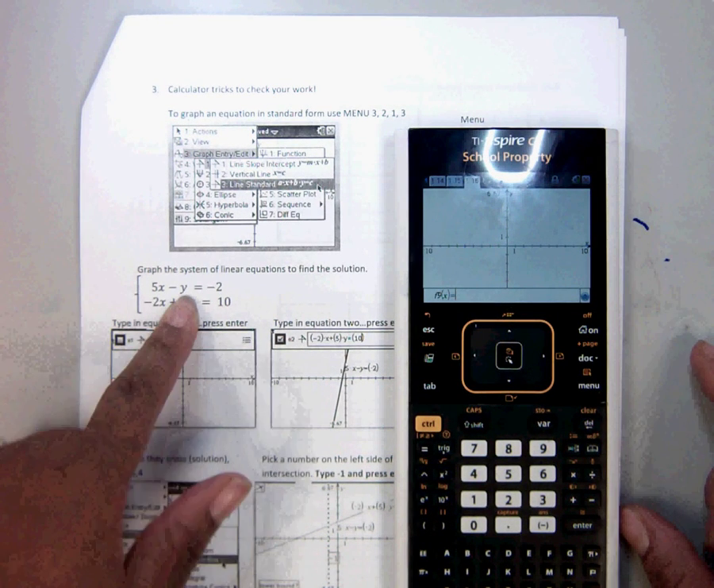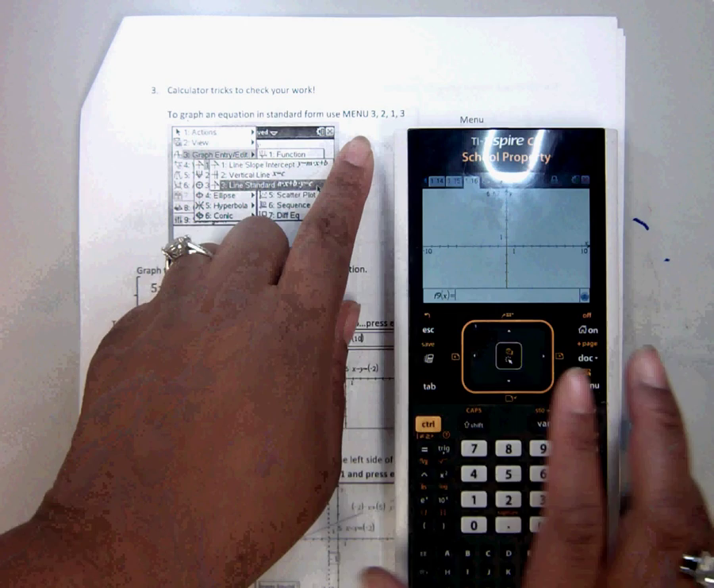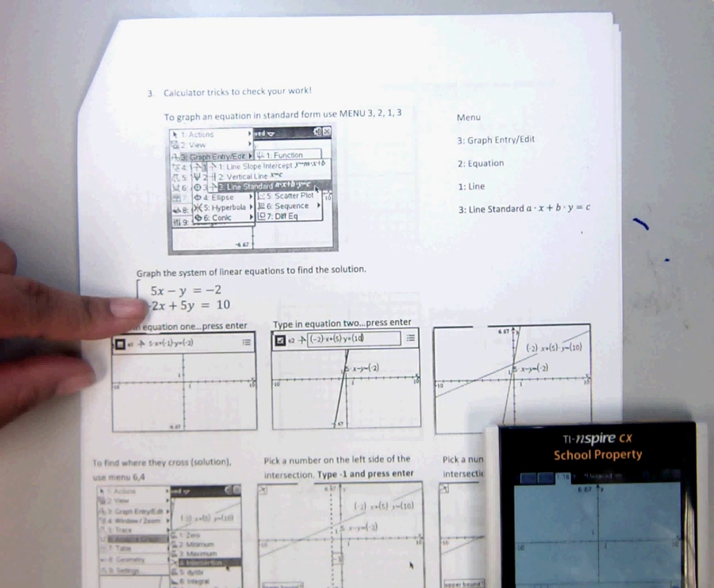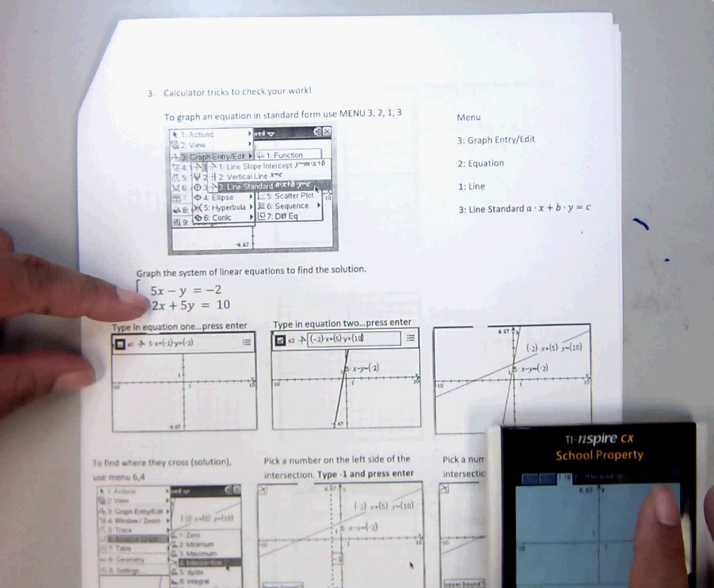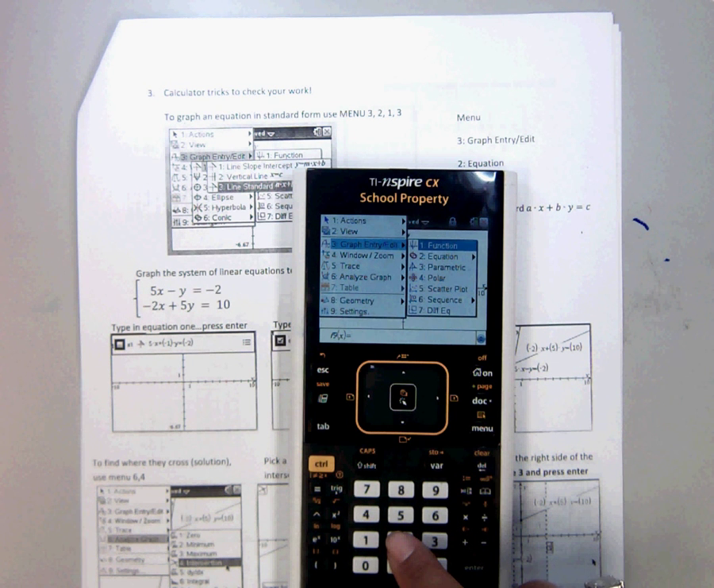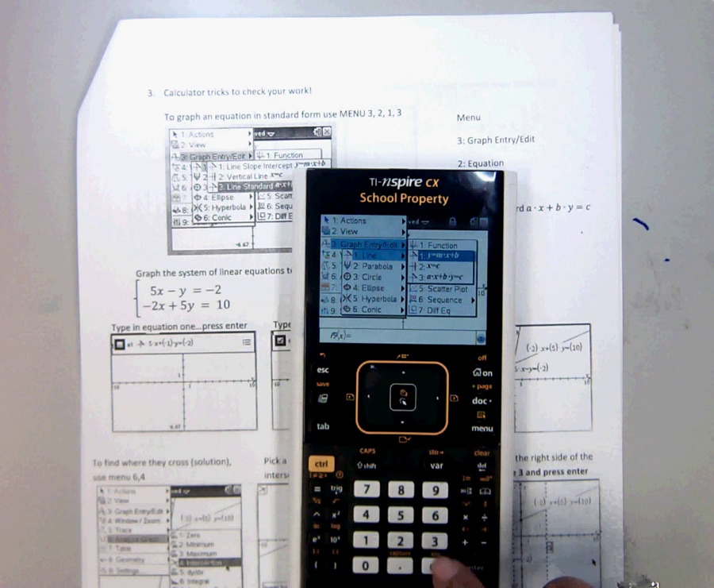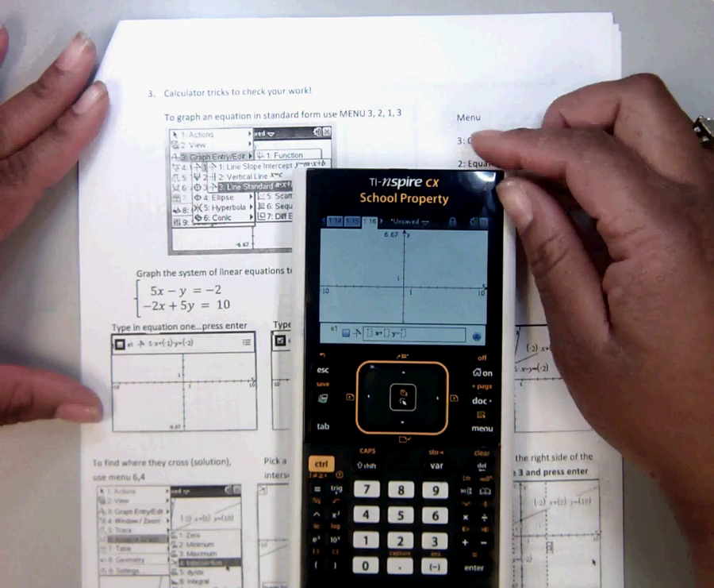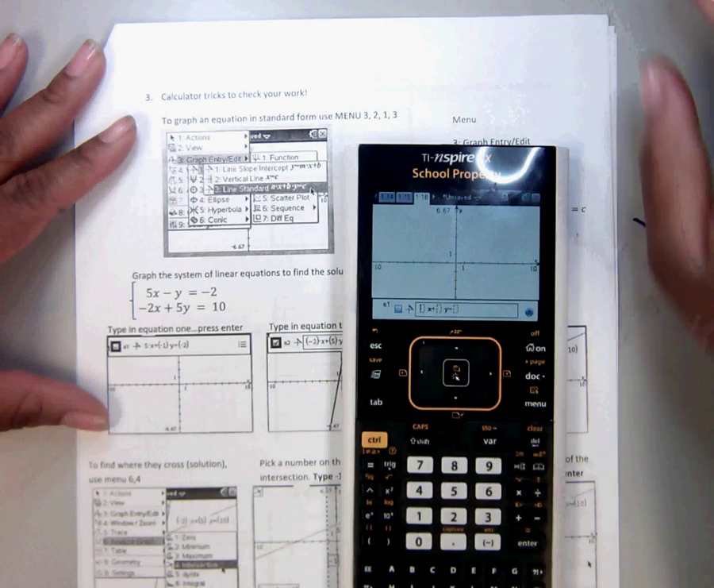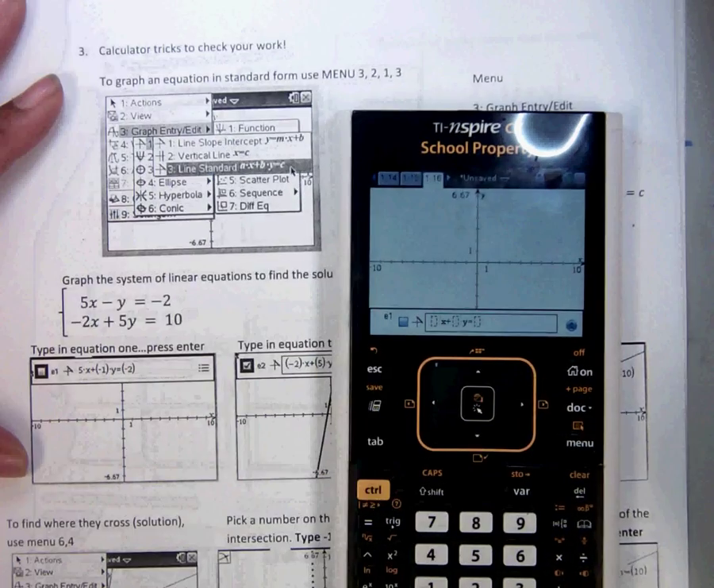It is in standard form, so I can use this code in the graphing screen to graph these equations without solving them for y. So I hit Menu, 3, 2, 1, 3. And I know what those words are because I have them listed here. So now when I do that, let me zoom in a little bit so that you can see what I'm